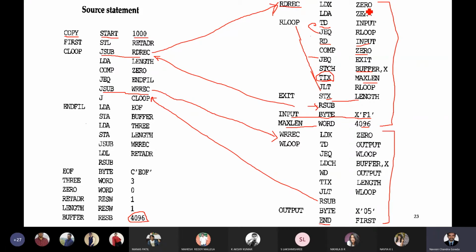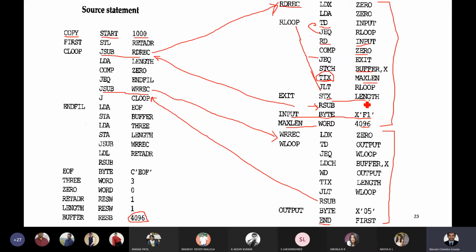As X is initialized with 0 and you keep on incrementing X for every character you read from the input device and put into the buffer, whenever you stop the reading process, that X will give you the number of characters you read and which are available in the buffer, which is nothing else than the length of the input data. So the X value is stored into the variable length.